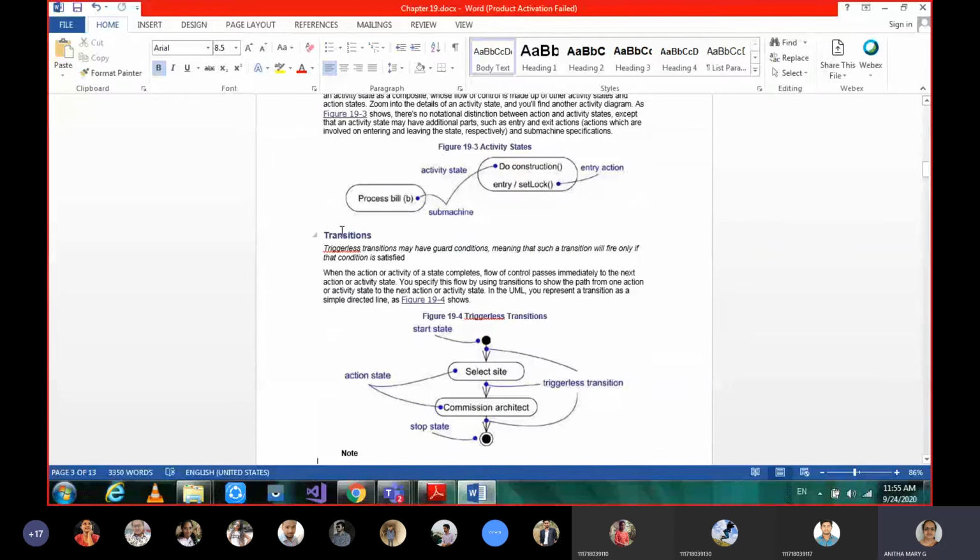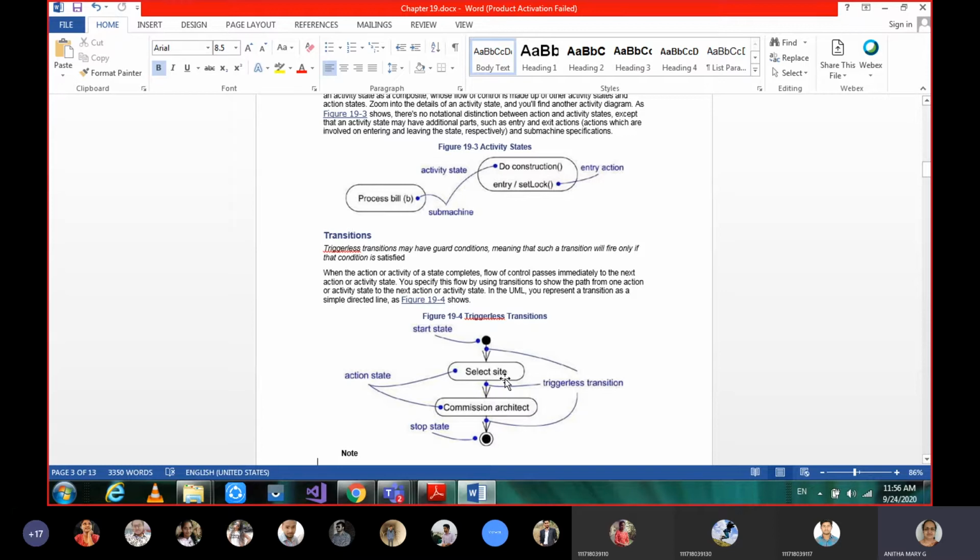So just now I was telling you about this terminology. The connection, the flow control, whatever you are giving between two states, we call it a transition. No more do we say a relation or a link or anything. Not even the relationship between activity or action states should you say. It should be the specific terminology that it is a transition. Is that clear? And here when we say triggerless transition, it means